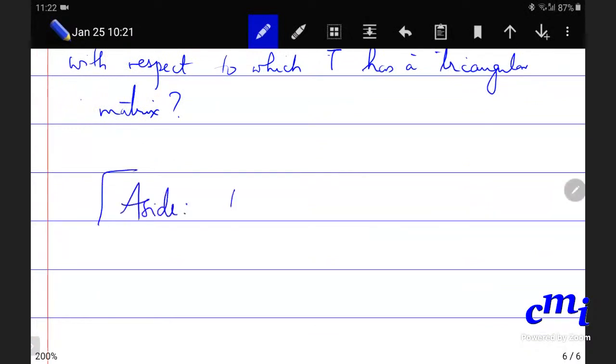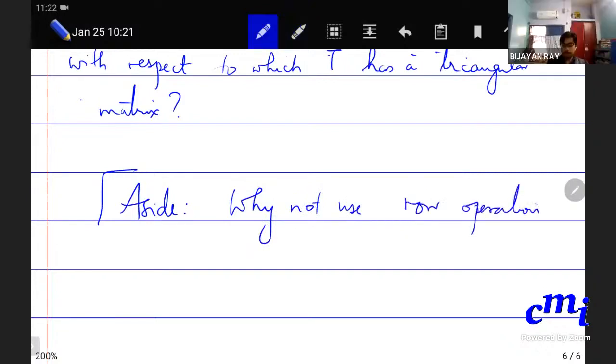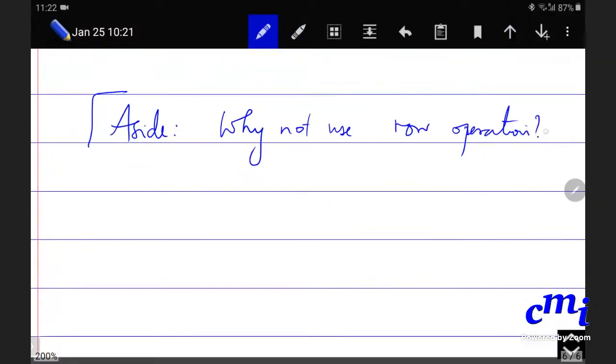Okay, so the question is, why not use Gaussian elimination? That's what you're saying, row echelon form, row operations. Yes. So let us say that we have T from R2 to R2 given by,